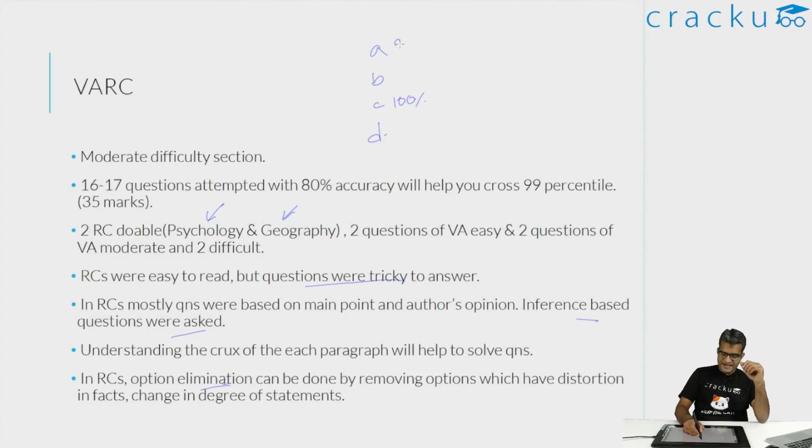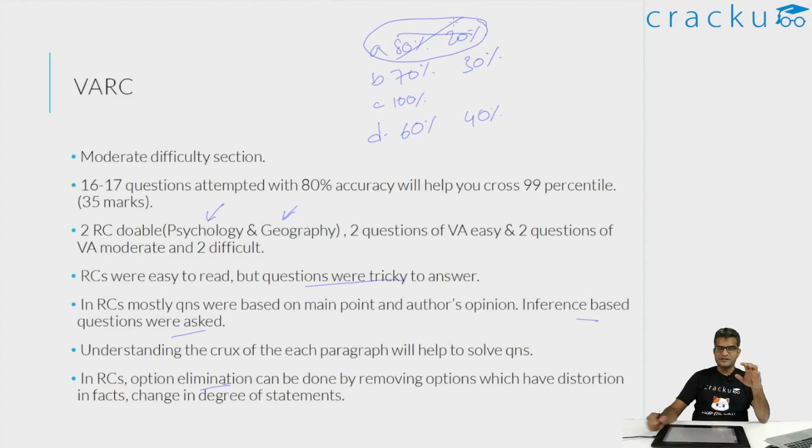Option A will be, say, 80% correct and 20% wrong. Option B will be 70% correct and 30% wrong, based on basically the degree of the statements. Option D will be, say, 60% correct and 40% wrong. Now, if you're trying to identify which of the 4 options is correct, you will find something or the other which is correct in each of the 4 options. Then you get confused. What I try to do is, I try to find out which of the options is wrong. So if I, for example, find that this option 80% is correct, but there is 20% which is wrong,